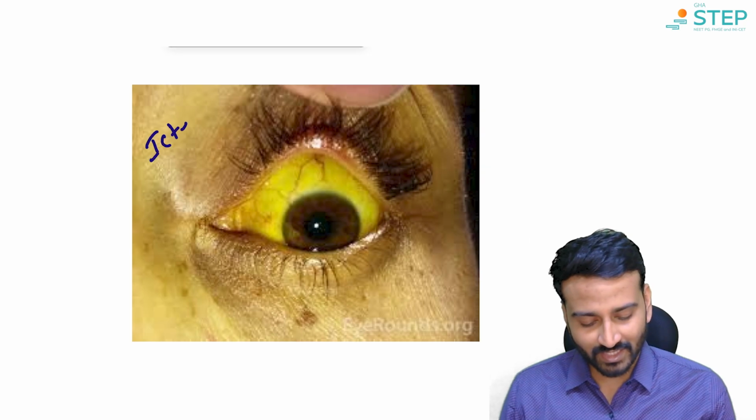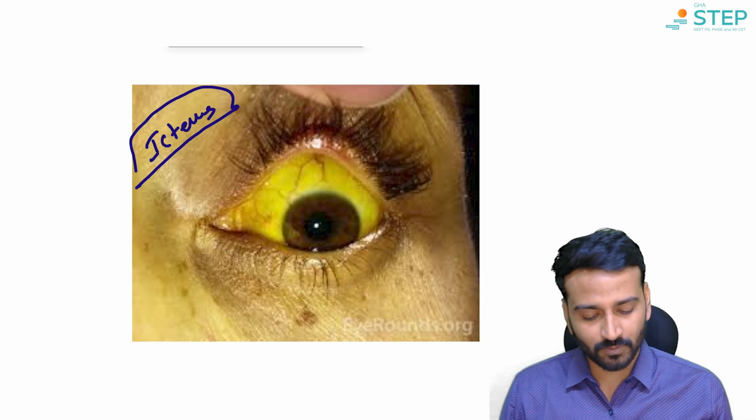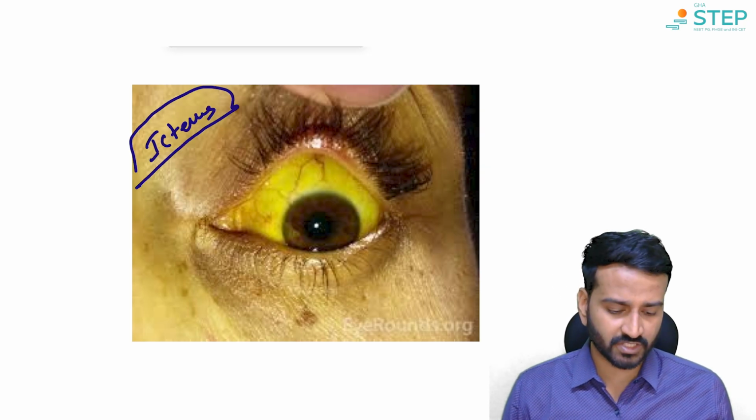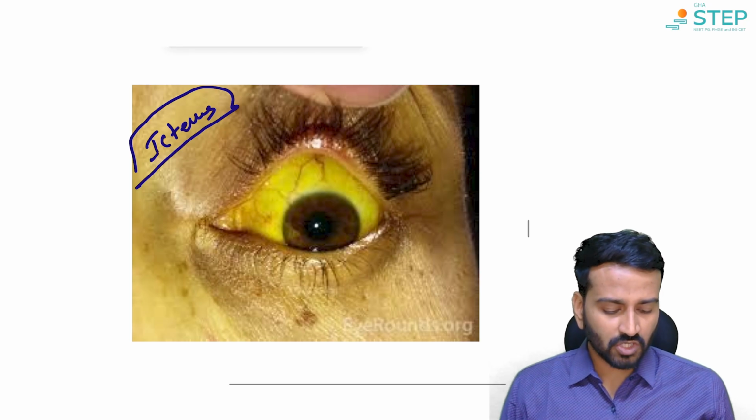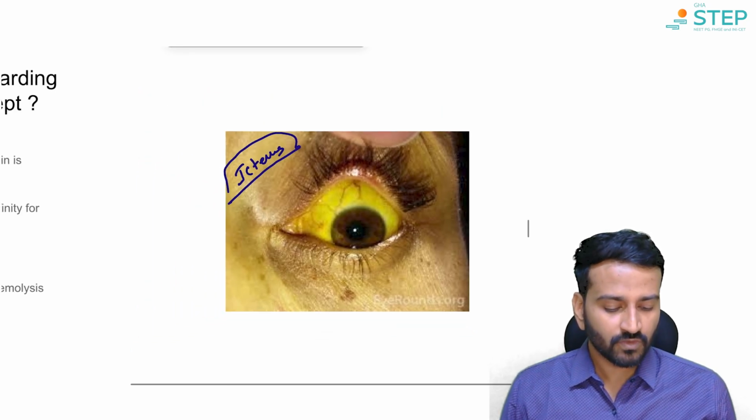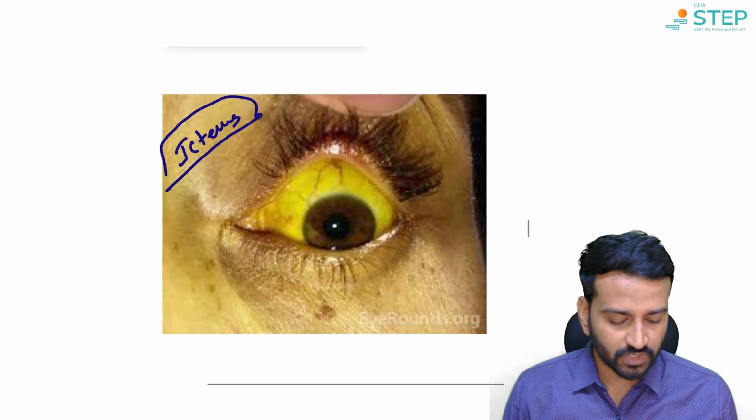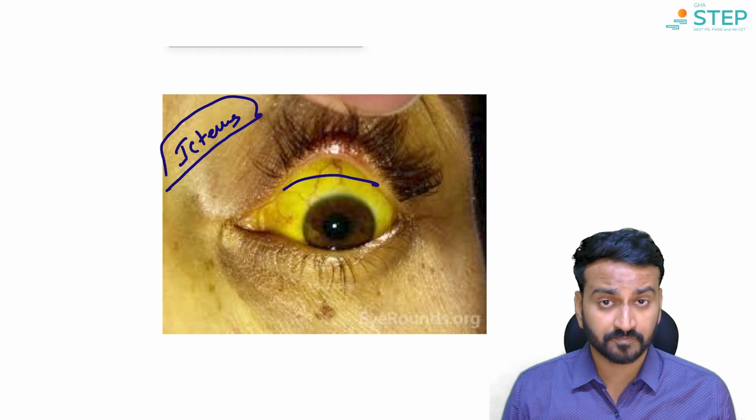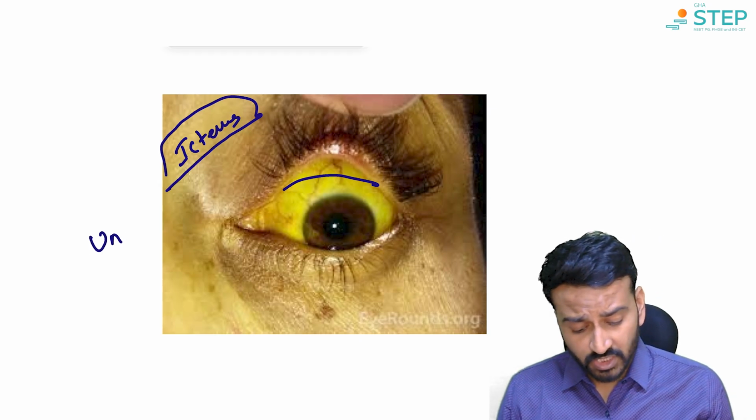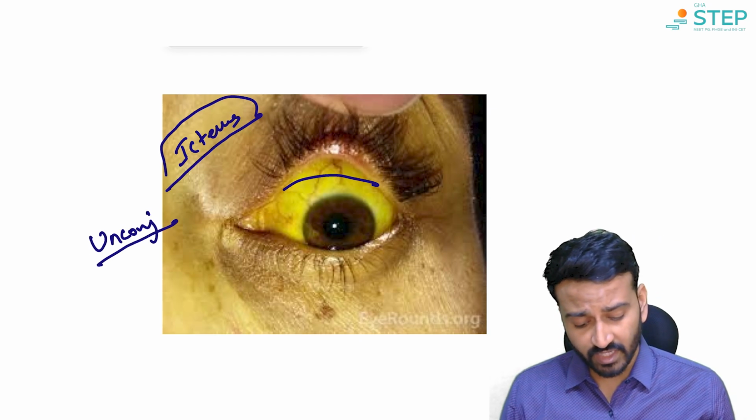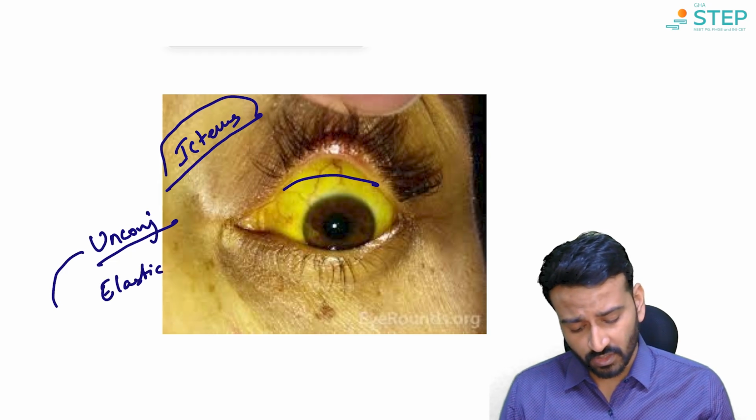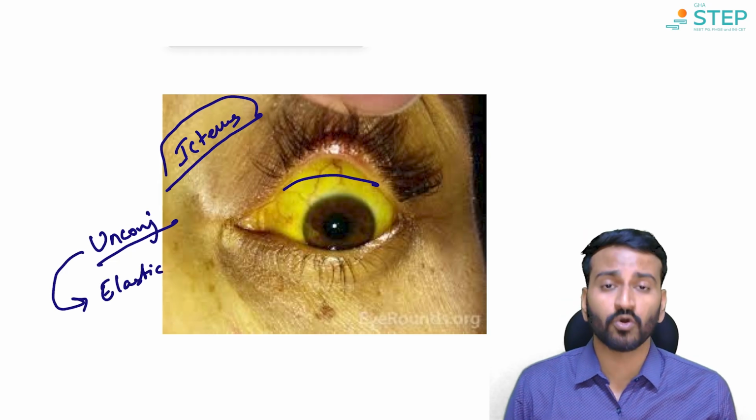call it icterus. It is all yellow. It is seen in jaundice. So what will happen in jaundice? There is increased bilirubin. Which bilirubin will have high affinity to this sclera and why? Unconjugated will have high affinity because the sclera has elastic tissues to which unconjugated bilirubin will have more predilection to